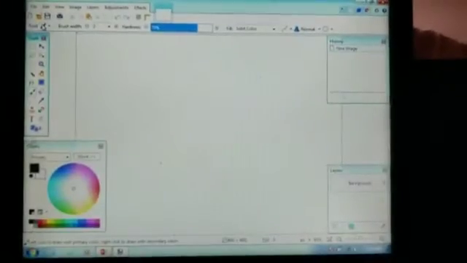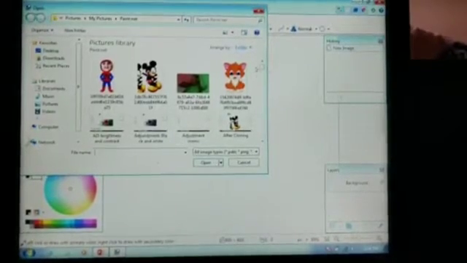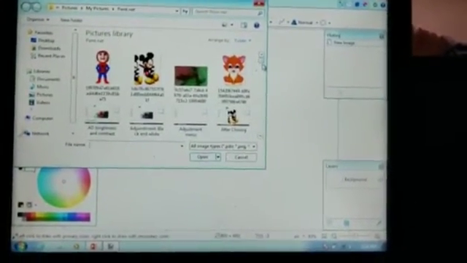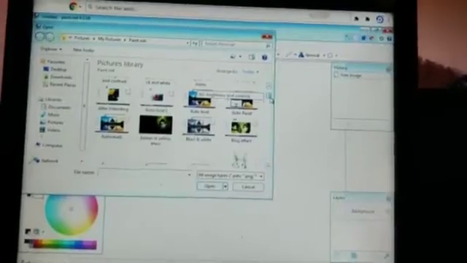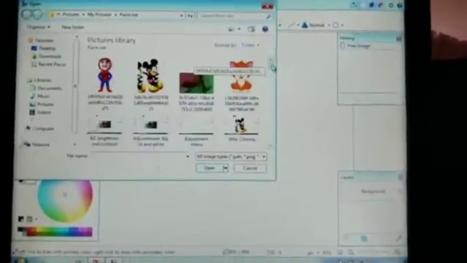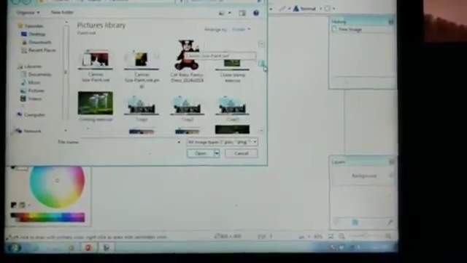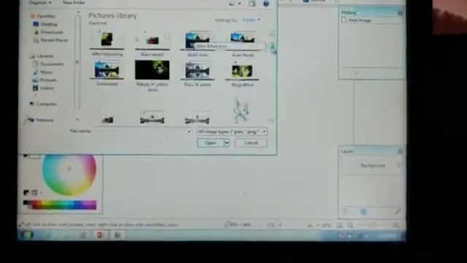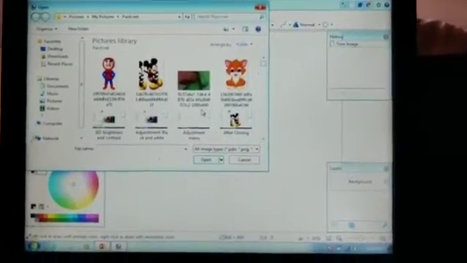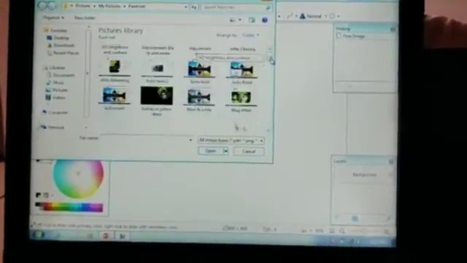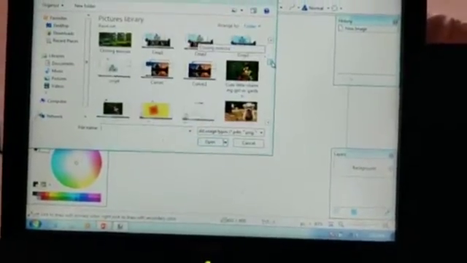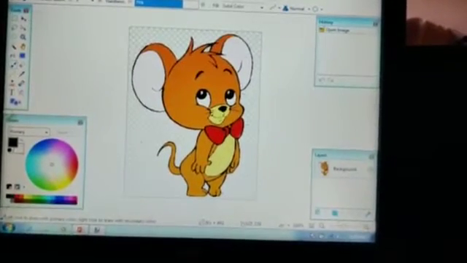Click open, then select the image from the open dialog box. Select the image, then click open. Now you can see the image on the canvas.